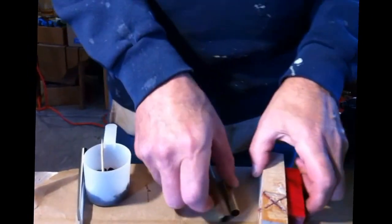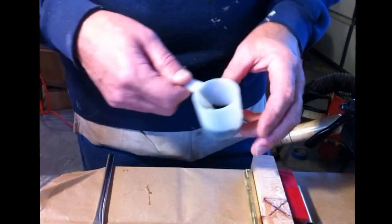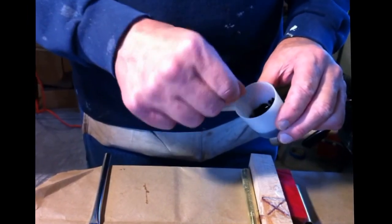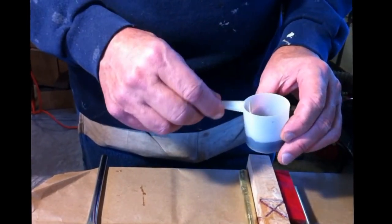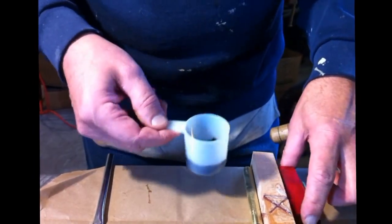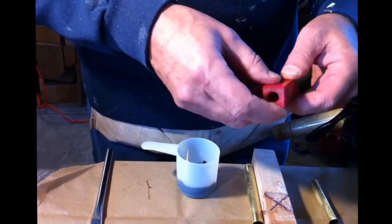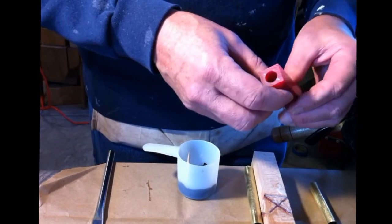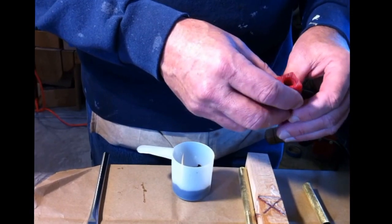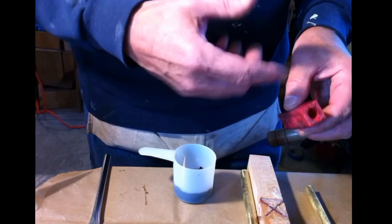Okay, we're getting ready to glue these tubes inside the blanks that we've cut and drilled. What I've done is I've taken 5-minute epoxy, and I put equal amounts in the bottom of this little cup here, and I've added several drops of India ink. The reason I do that, well, I'm going to try it, I don't know if it's going to work or not, is a lot of times when I turn this acrylic so thin, the glue kind of telegraphs through the blank, and I don't like that. So I thought maybe if I colored the epoxy and made it black,